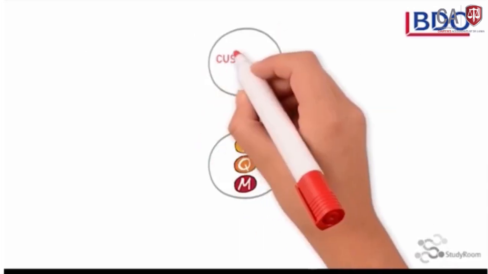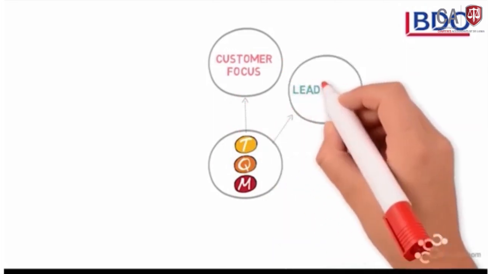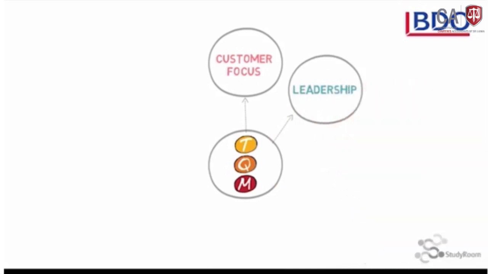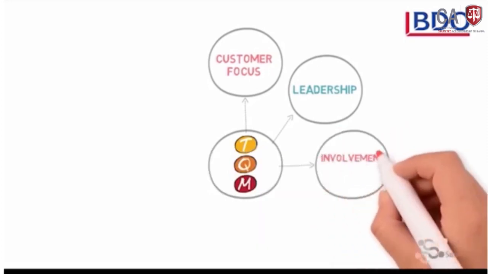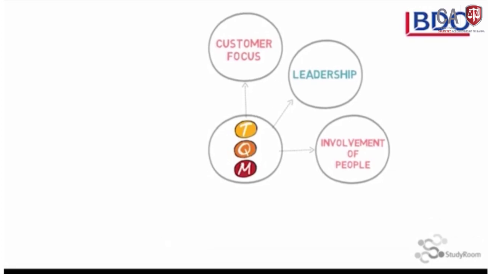The first principle is customer focus, whereby the company must place the customer at the center of attention in order to understand their needs, so that they can meet or exceed their expectations. The second principle is leadership, by establishing a unity of purpose and organizational direction, where all members of an organization can share a common goal or aim. The third is the involvement and utilization of the entire workforce, by creating an environment without fear that encourages every employee's involvement and achievement of the organization's objectives.